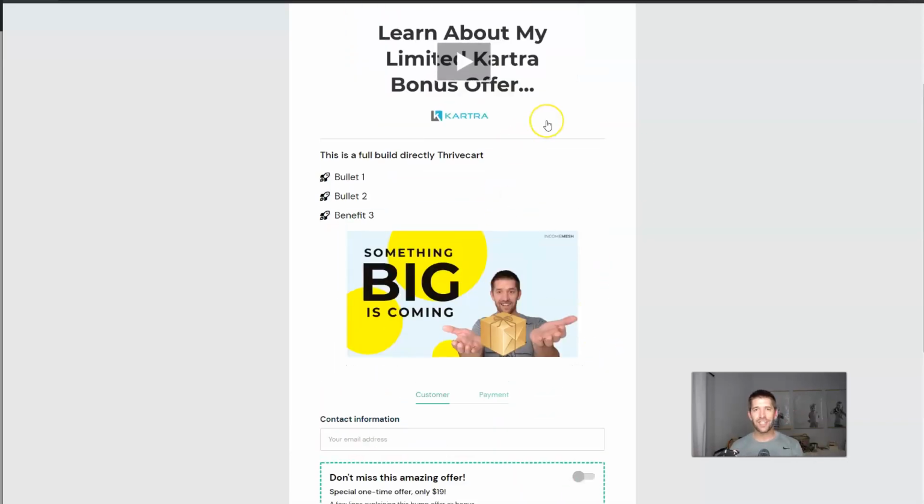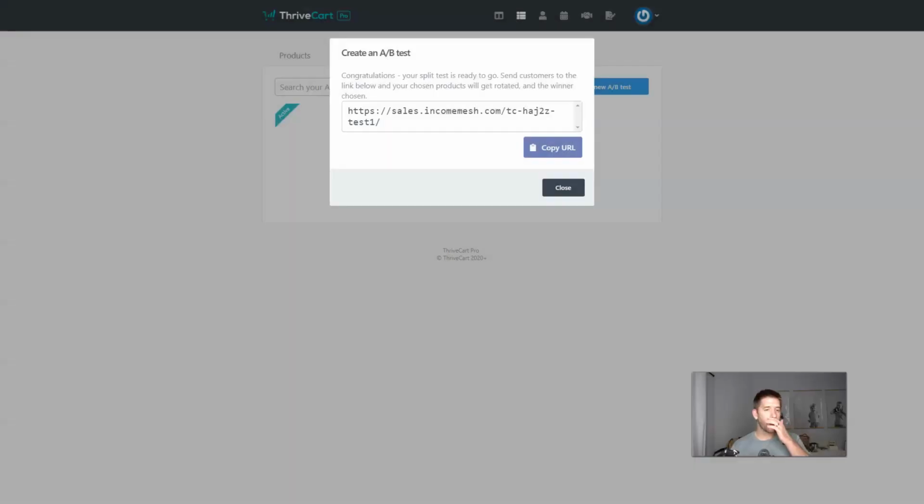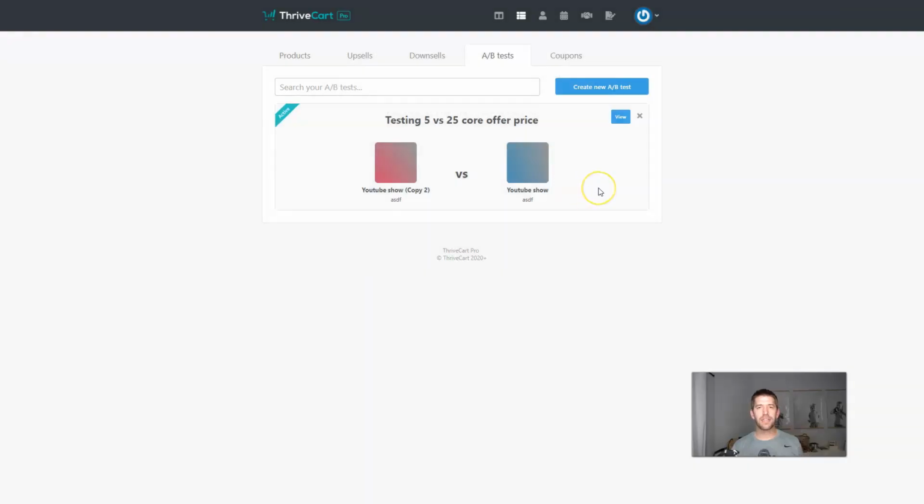You could change the design to try to get your sales page messaging on point. You could change the price point to try to optimize and see if increasing the price actually makes you more money or less money. A lot of different things you can do here. And with Thrivecart, because it has the ability to build the page, host the products, and do all the integrations with your email system and your website and all this other stuff, it is uniquely positioned to give you all the power you need to optimize your funnel without having to maybe set up a split test in Thrive Optimize,